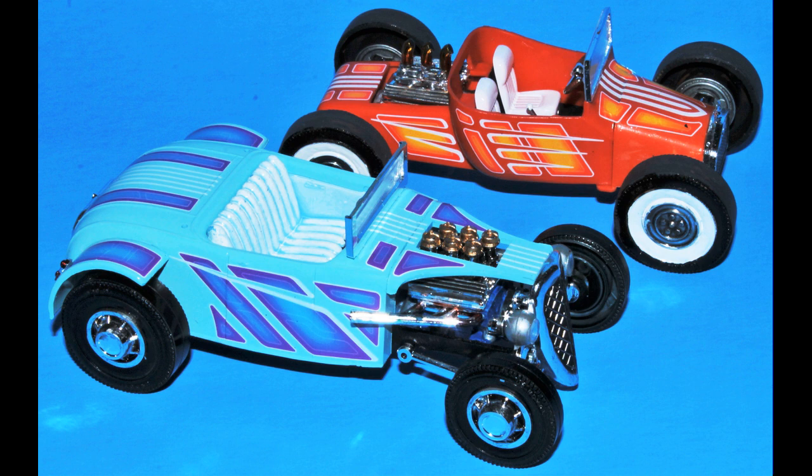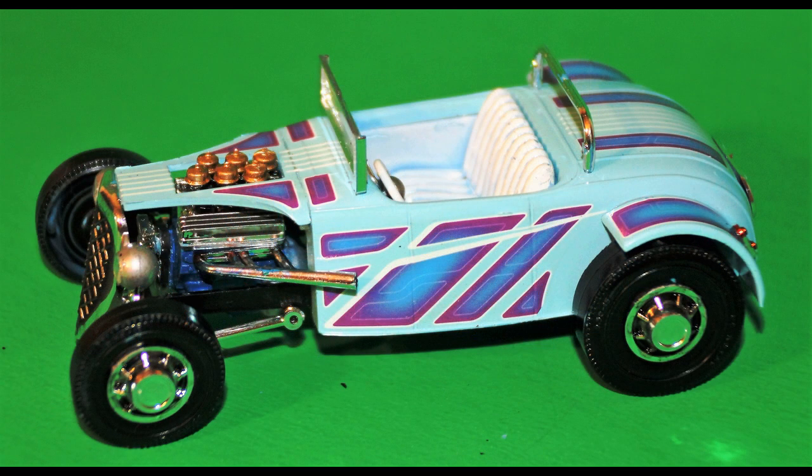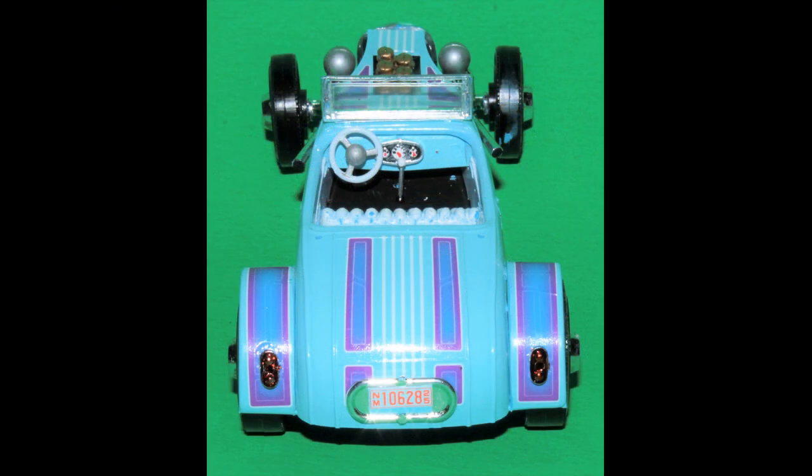It does have a hard plastic tire, but once again, this is two kits for the price of one, so I guess you wouldn't expect it in here. I'd recommend this to any modeler of any age, really, and the decals are really not that hard, so I think that anybody could build this kit with basic knowledge of construction techniques, and if you can find one, and